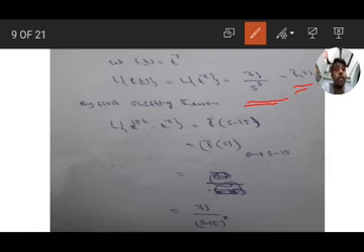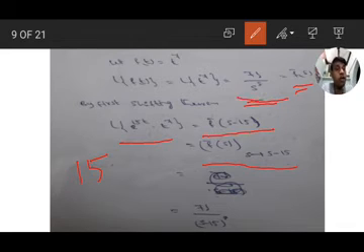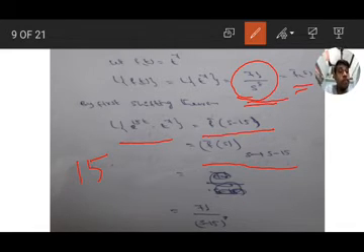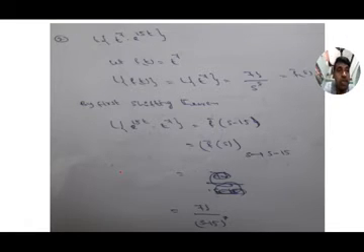So by first shifting theorem, L of e to the power of at into f of t equal to f bar of s minus a. Here a means, in e to the power of 15t, a means 15, so s minus a means s minus 15. So f bar of s, where s is replaced by s minus 15. In the f bar of s place, we have to write 7 factorial by s minus 15 whole to the power of 8. This is the answer, the Laplace transform of t to the power of 7 into e to the power of 15t.